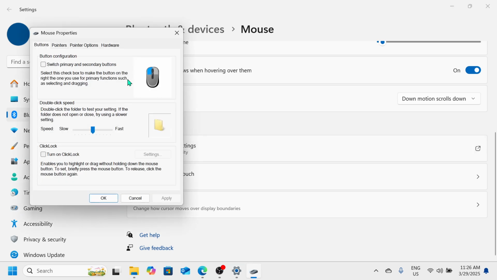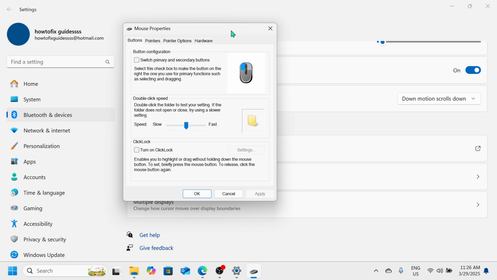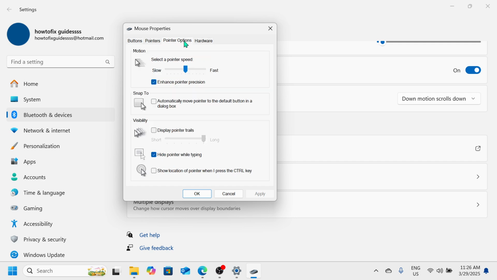Now please click on that, and the moment you do that, this mouse properties window will be up on our screen. So in here, we need to click on the pointer options. So we have here 4 tabs: buttons, pointers, pointer options, and hardware. Now please click on pointer options, and here all you have to do is just to look for the motion